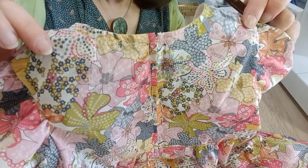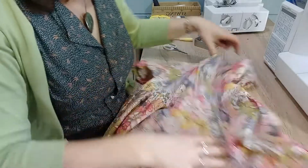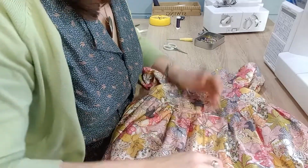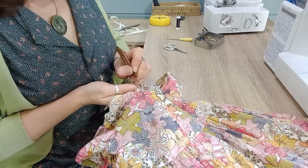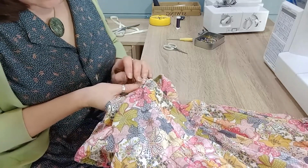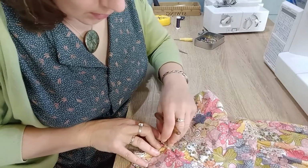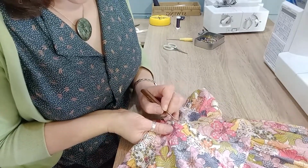The zip's in. I'm going to take out all of the tacking, so I'm going to take out my hand tacking, which is in the dark purple, and that was holding the zip in place. And then I'm going to use an unpicker to run down the center of the zip. You just need to take out the stitch line that you originally put in. You can take your time to do that because you don't want to at the last minute catch the fabric when you're